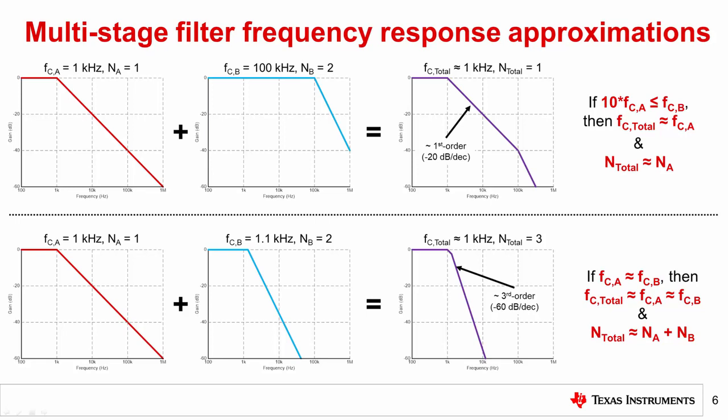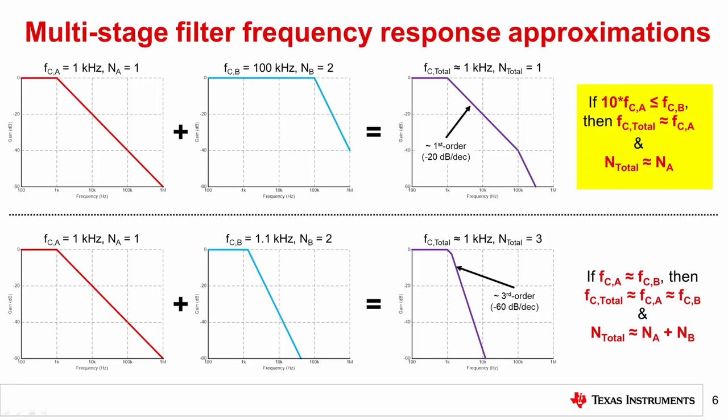Using the point-by-point addition method introduced on the previous slide, the combined frequency response in purple is very similar to just filter A's frequency response in terms of both cutoff frequency and filter order. You may note that the combined frequency response is affected by filter B, though this does not occur until a gain of -40 dB and a frequency of 100 kHz. From a noise perspective, this means that filter A has attenuated the bulk of the noise power before filter B starts to affect the circuit, so using filter A as an approximation for the total response is acceptable.